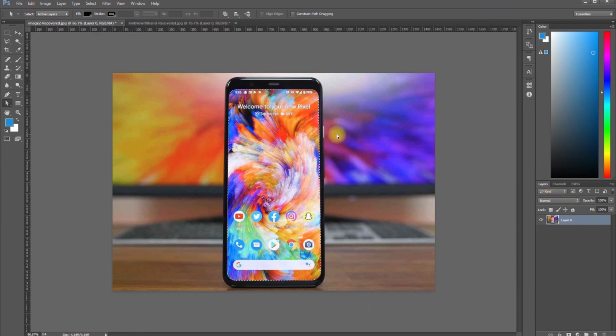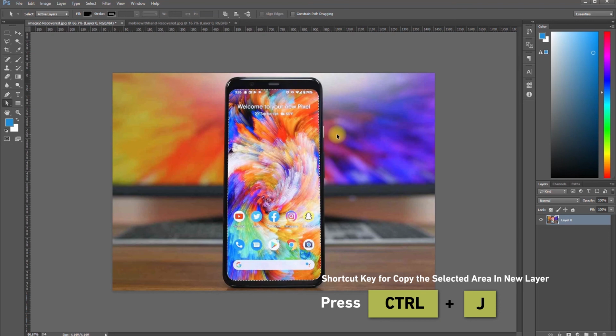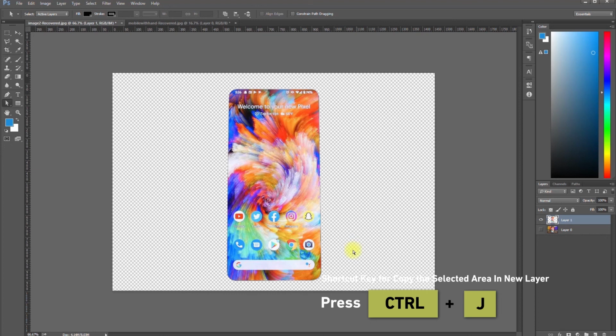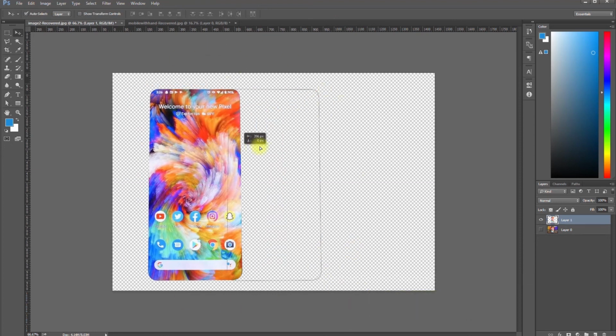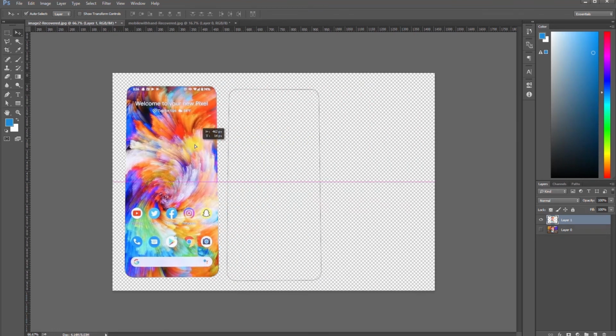To make the selection area into a new layer, just press Ctrl and J. As you can see in the layer panel, another layer has been created with only the screen. So you can use this screen cutout image wherever you want to use it.